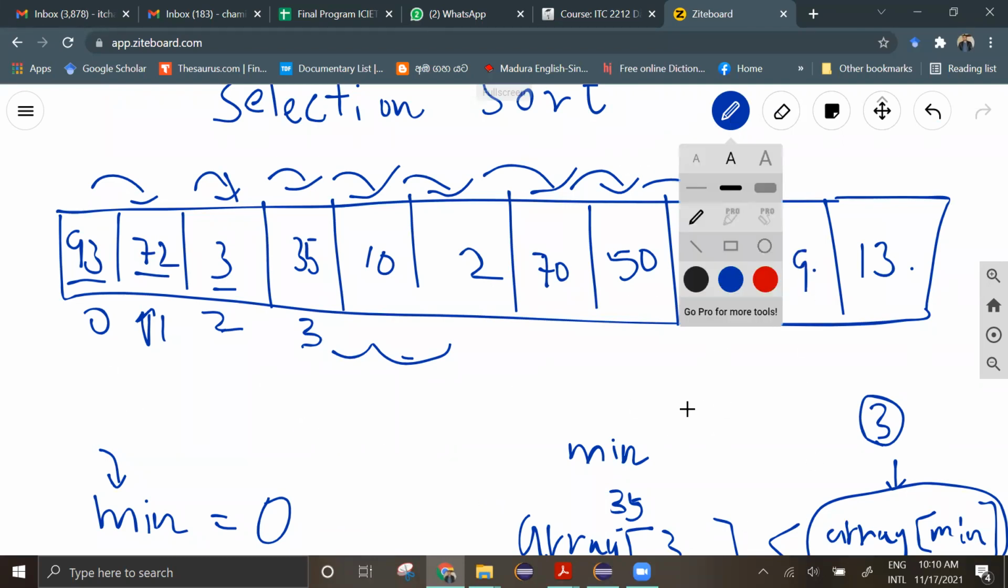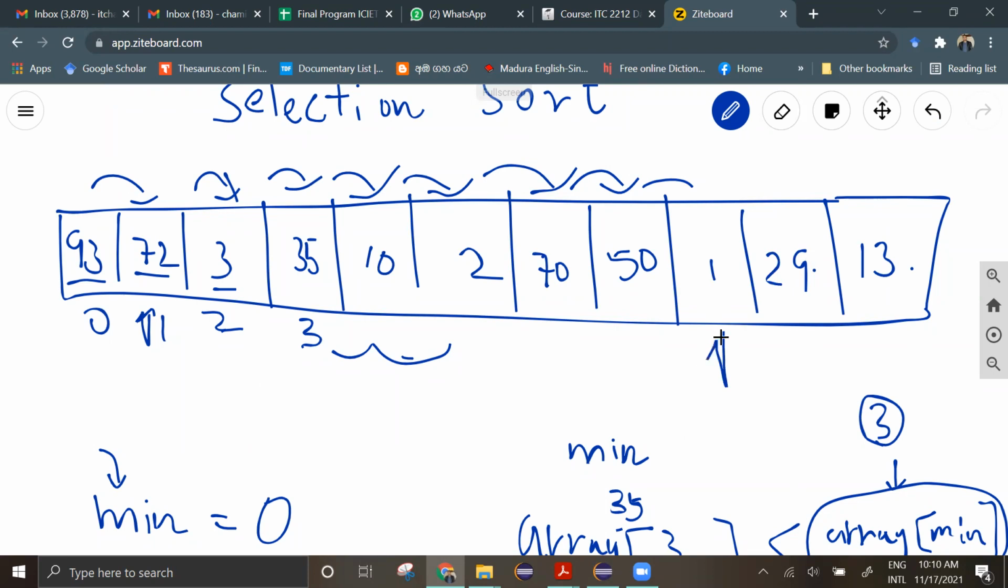In this case, the minimum value would be this one. Then, after finding the minimum, we swap the first value and the minimum. The minimum value comes here. See, what we have done is, instead of swapping each 2 items, we are just finding the minimum value and we swap once, right? So without swapping in each step, we just swap